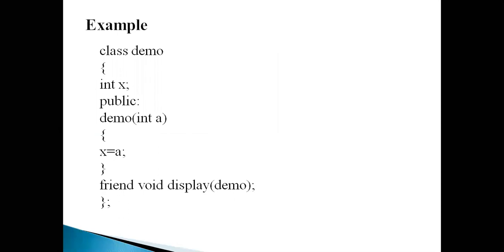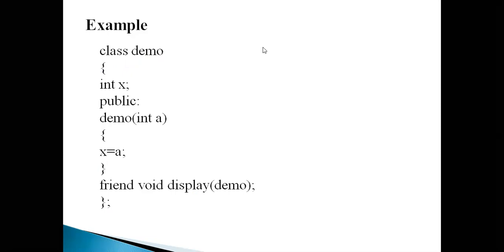Look at this. This is an example of how we are going to work. Already we discussed one example, and again we'll look at one more. Here I am defining a class demo. This is the beginning of the class, with a normal private variable. In the public part, I am creating a constructor. This is a member function, but it is a constructor. We'll discuss it later. Simply assigning a value to x, and I am declaring a friend function display by using the keyword friend, and then closing.